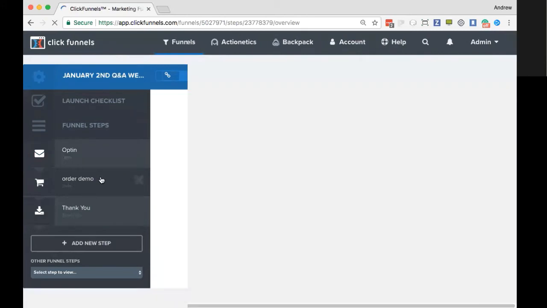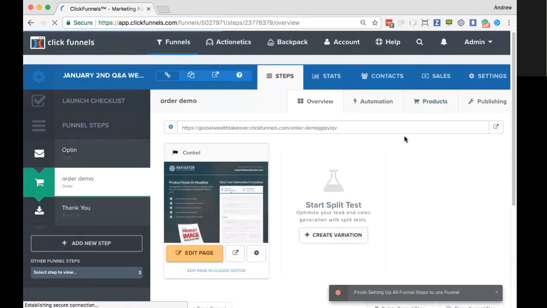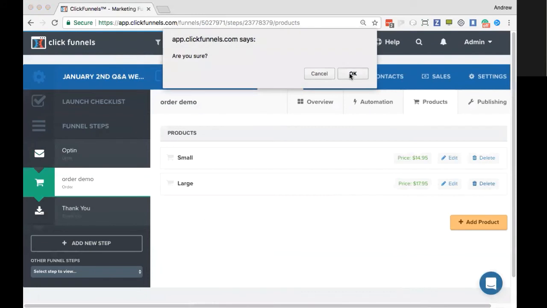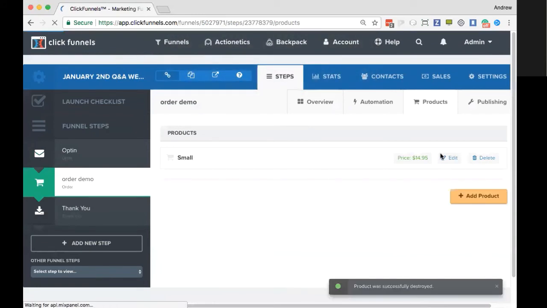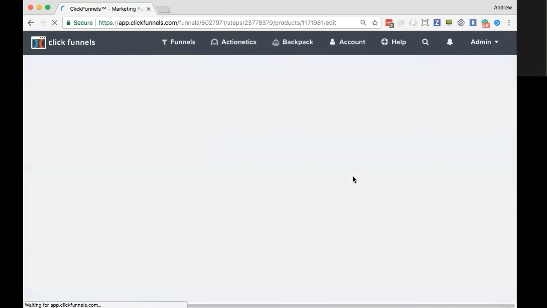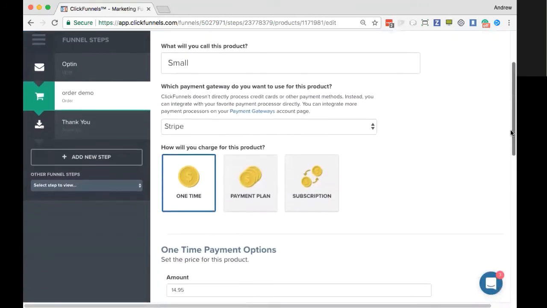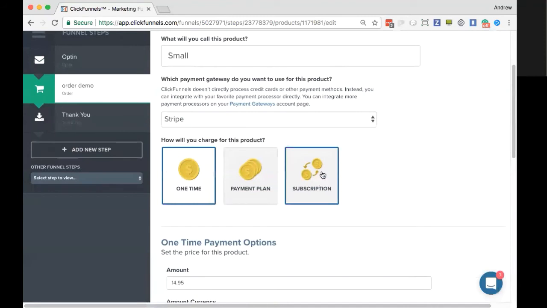Now, the only difference from what we've demonstrated so far on this particular webinar is in these product settings, you want to set up a subscription for your product. So in this case, we're going here and edit. Using Stripe, like we're doing here, you want to make sure that the subscription product is set up in Stripe itself so that Stripe has that plan. And then what you do is you either select your payment plan or you select your subscription.